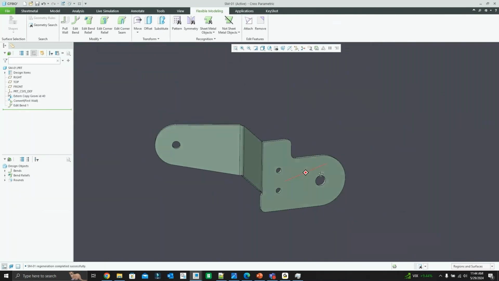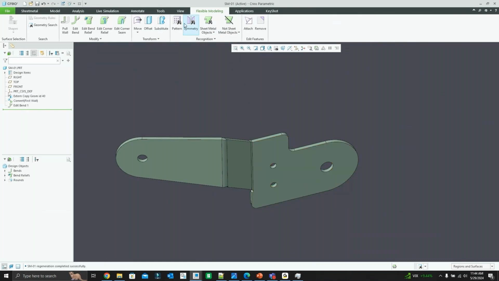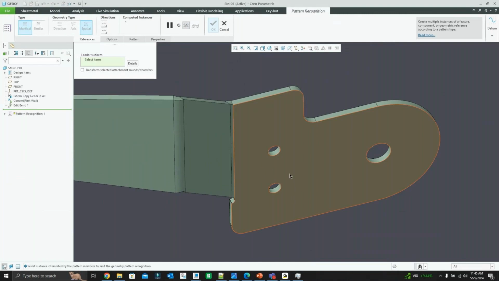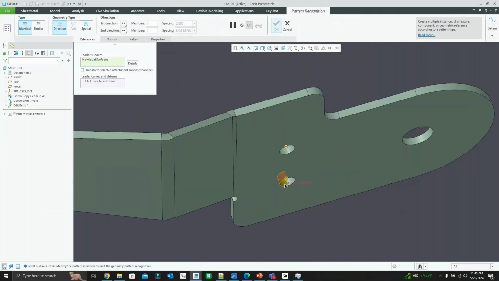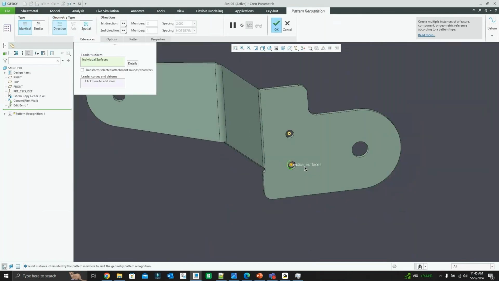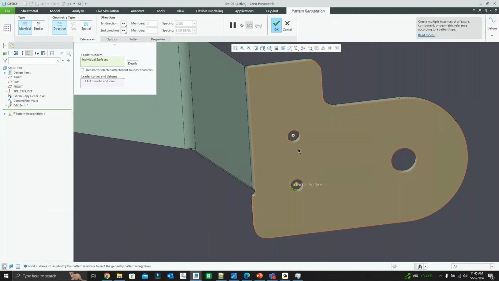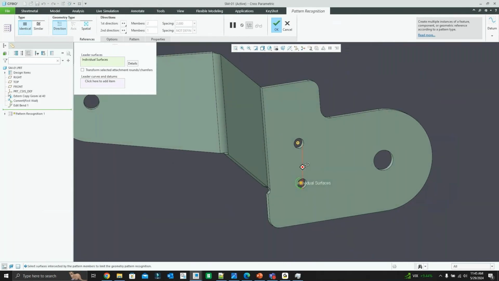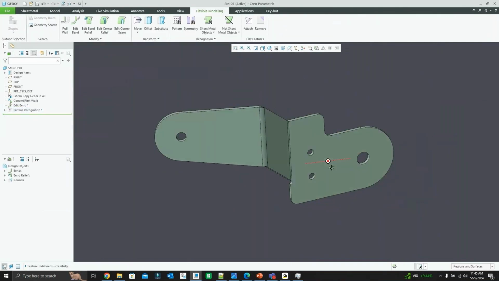I can also recognize patterns, and this is true for the sheet metal flexible tab and a normal part tab. So if I go into the pattern feature to recognize my patterns, if there is a pre-existing pattern from the original creation of the model, I can select the hole, for example, and it would recognize that pattern, and you can see it. It says, okay, there's two pattern members here that I can see, right? And what's nice about this is I can click OK,